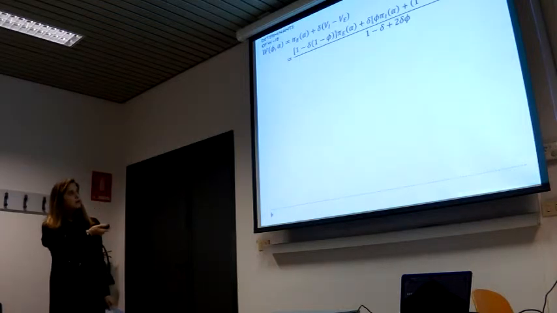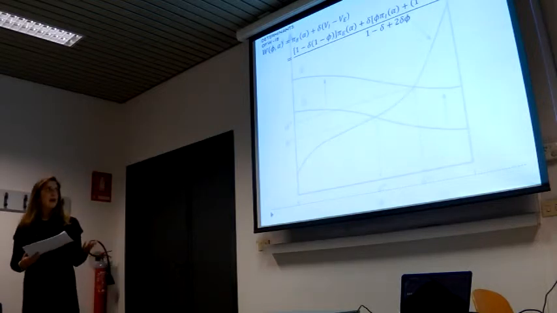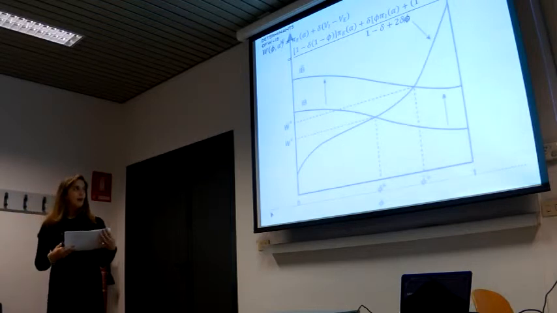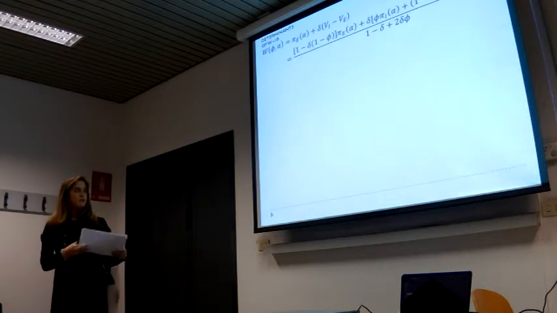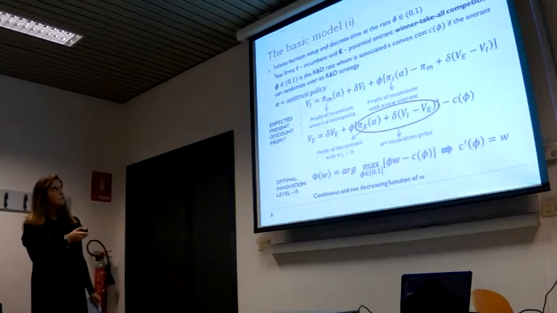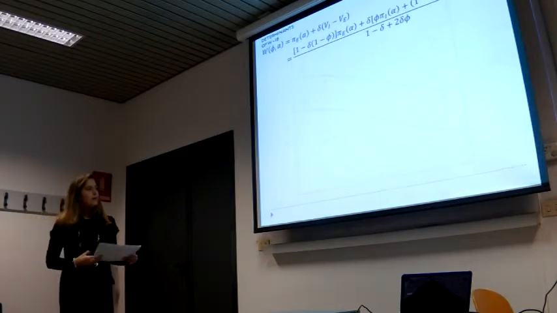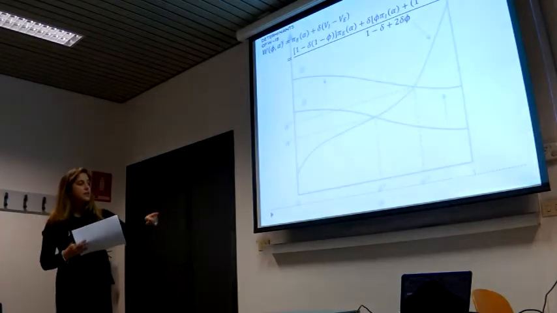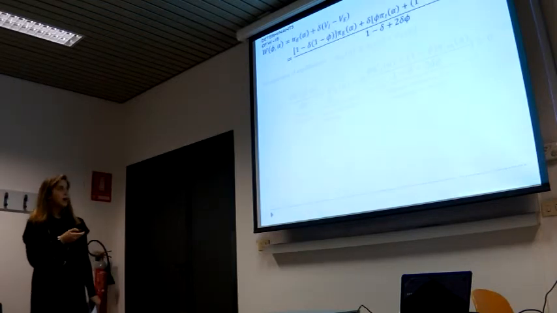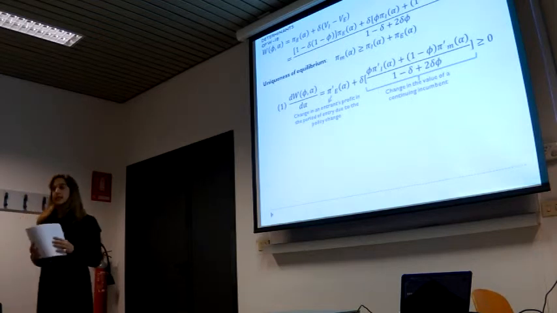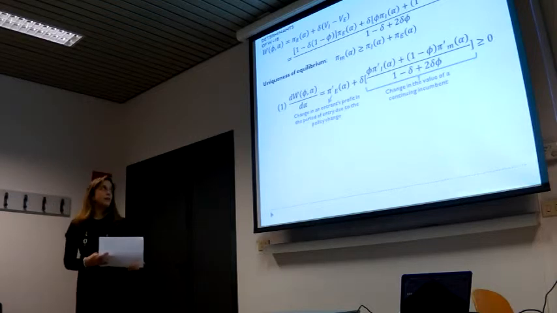So, as you can see in the graph, if there is a shift of alpha and alpha increases, the innovation benefit curve will move. The value of the innovation rate increases, as well as the value of the innovation price. The fact that these two curves intersect only once is given by the uniqueness of this equilibrium, is given by